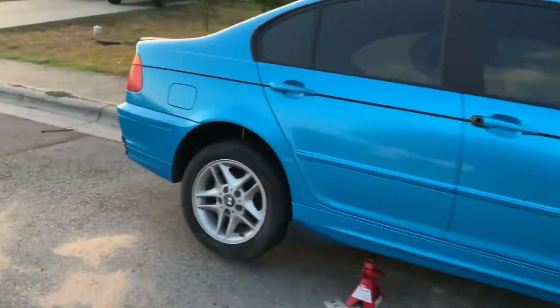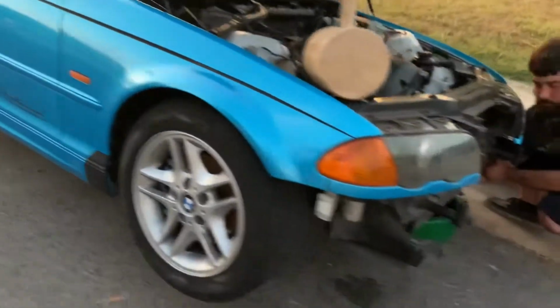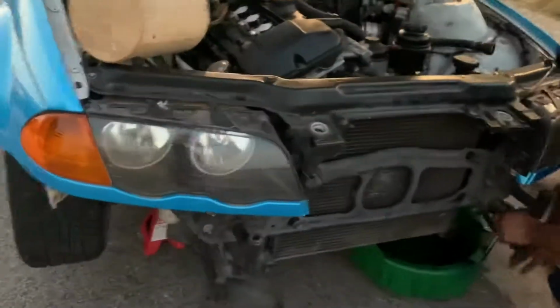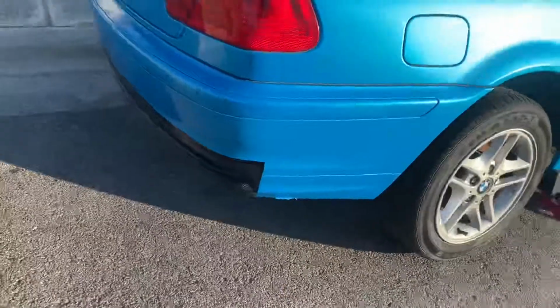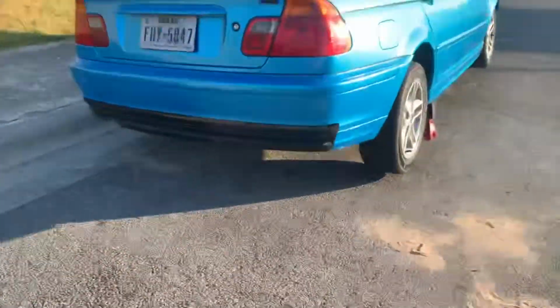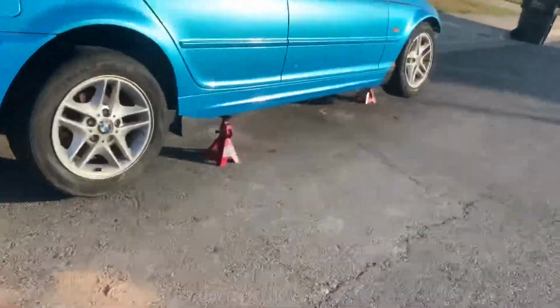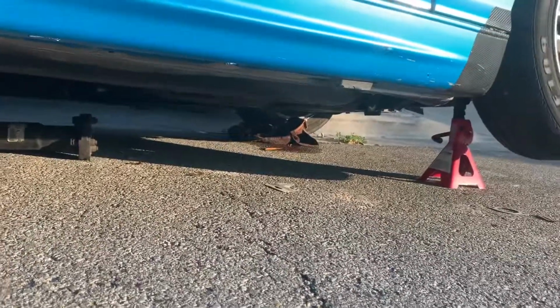Okay guys, so the car's on jack stands right now. We're going to be disconnecting the exhaust, and right now we're draining the coolant and taking off the radiator. We ended up actually dropping, by we I mean myself, dropping the exhaust, and I also dropped the drive shaft so that we can pull the engine and